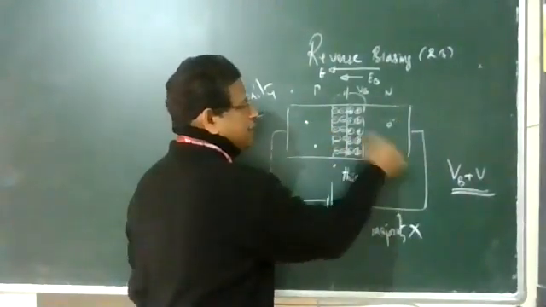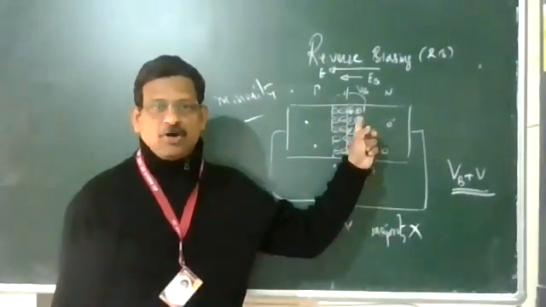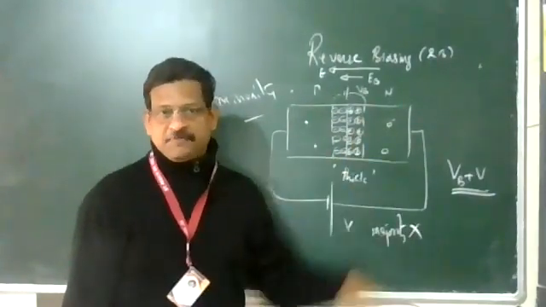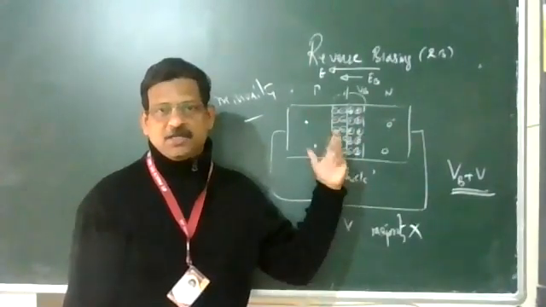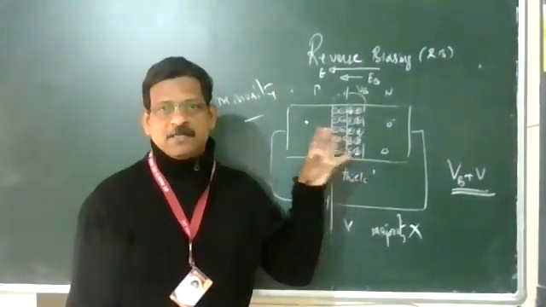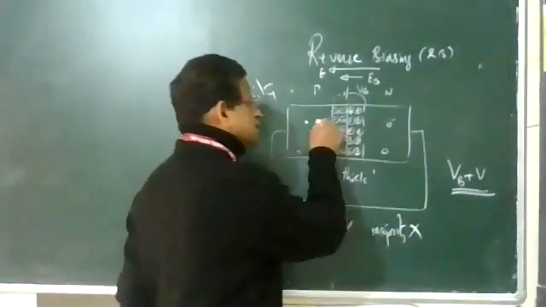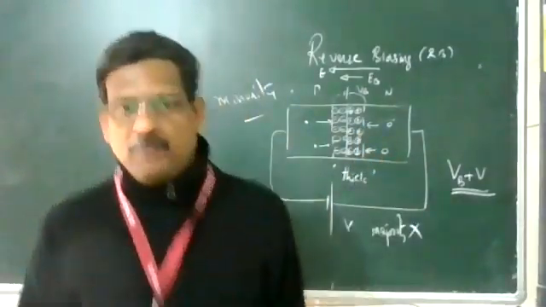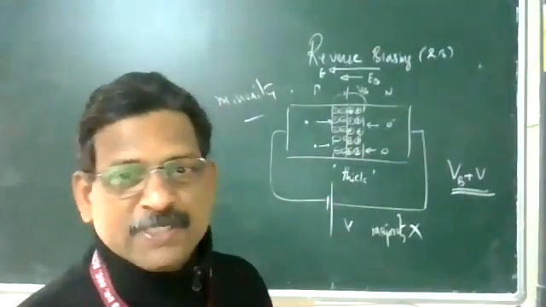And here the minority carriers are the holes. You see now, here there is a strong positive charge, it quickly pulls the electrons in. And these are holes, on the left side the negative charge quickly pulls them in. So this reverse biasing is a great blessing for minority carriers. So minority carriers now cross the junction. Minority to minority, but it is easy for them to cross the junction. Minority carriers cross the junction, producing a current.